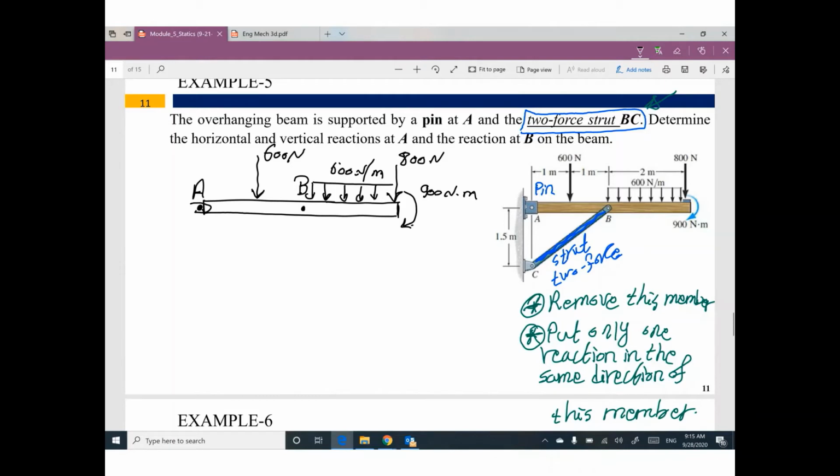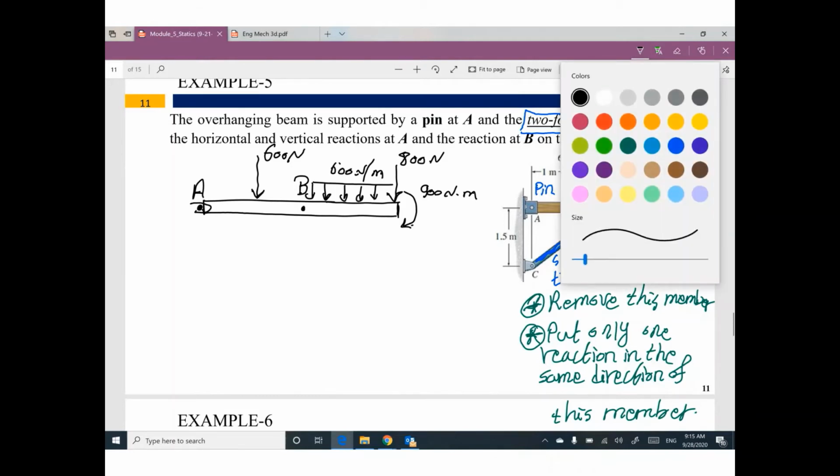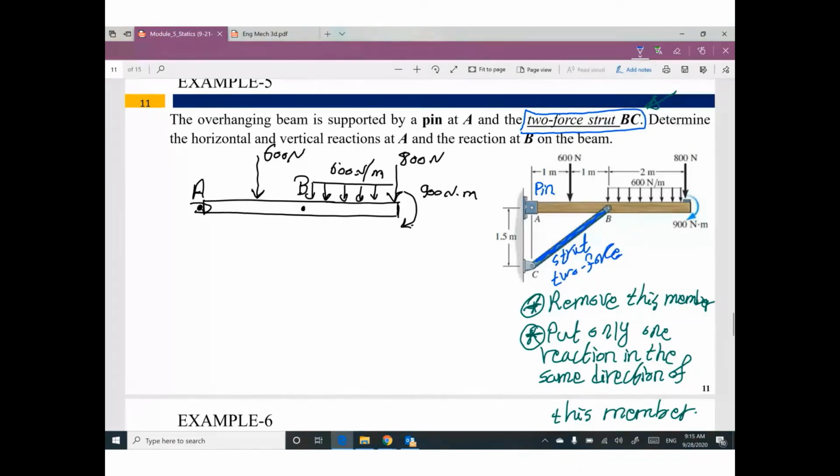So first step, I removed this member. Second step, put only one reaction. So at this point B, we have only one reaction. What is the direction of this reaction? This reaction will be in the same direction of the member. So your member looks like this, your reaction will look like this. Or